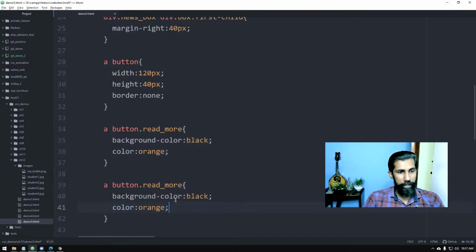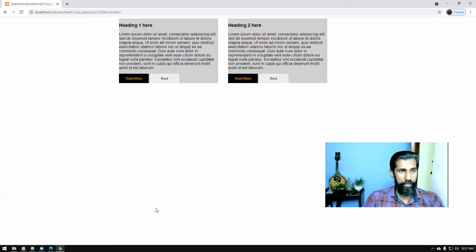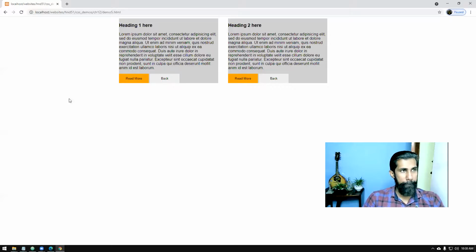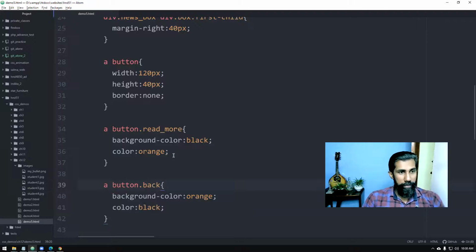If you want a different color, so two colors, right? And even these buttons, you can float them.